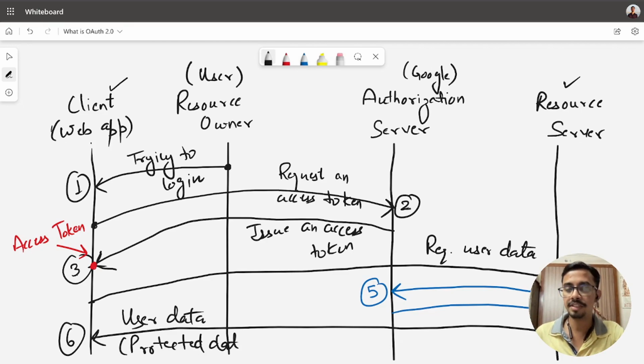Why? Because without the access token, no client, no web application will ever be able to access anyone's data from Google, right? So earlier what we saw was actually the front end of OAuth, but behind the scenes, that is in the back end, this is how OAuth works.